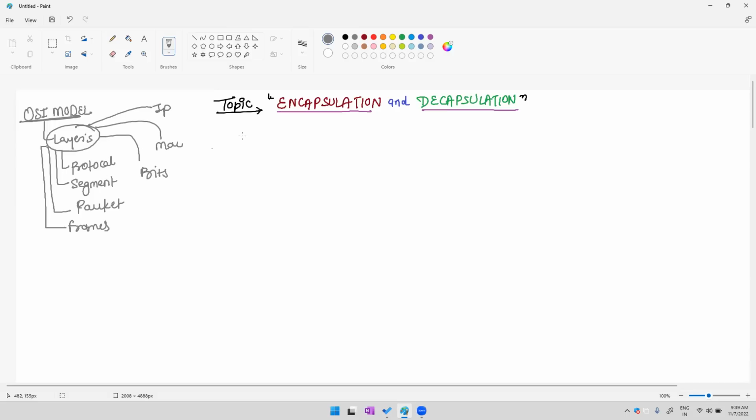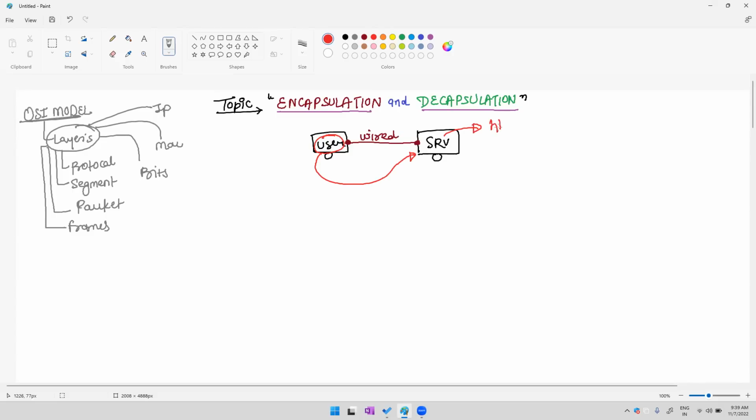Okay. Right now, we will discuss the encapsulation and decapsulation topic. For example, on this side we have a user, and on this side we have a server. This user and server are connected with a wired connection. Which connection is this, dear? A wired connection. And right now this user says I want to access this server, and this server is available with